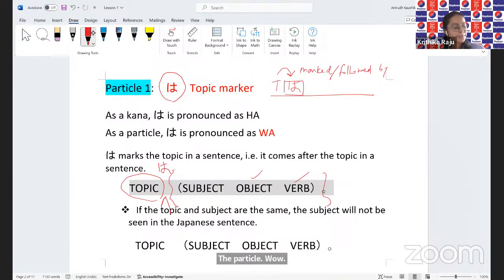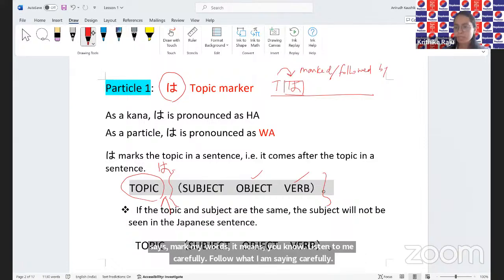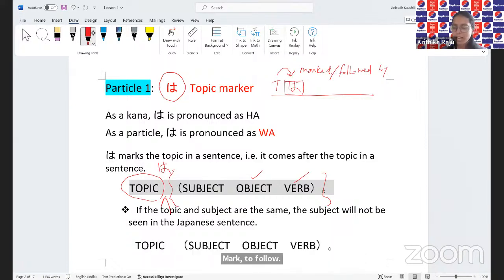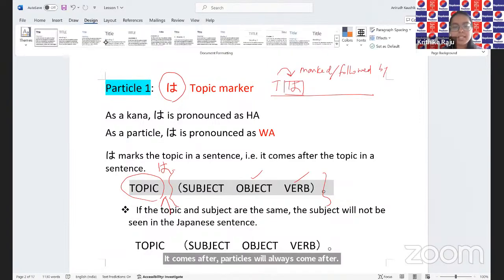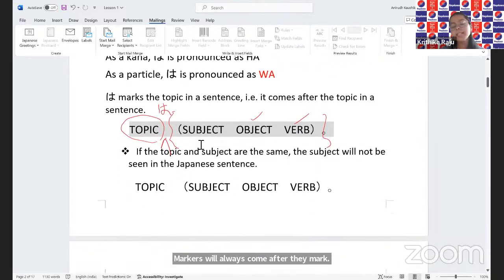Everyone? Wa. Wa. When you pronounce wa, this is the kana that should come to your mind. All right. There's also one rule in Japanese. Try to remember it if you can. Slowly, you will no longer have the need to remember it because it will come naturally. But since this is the first class, the rule is that